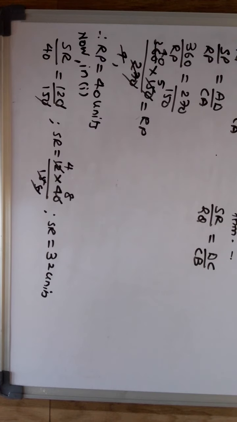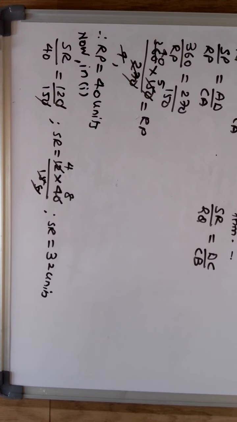Okay, I hope you have understood. Just fill in the values, and you will get this particular result. Okay, a nice question, not nice actually, a simple question based on the direct application of the basic proportionality theorem, which is telling you that it is possible only if three lines are parallel.